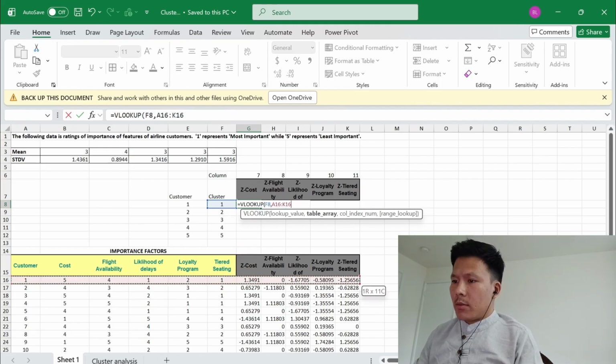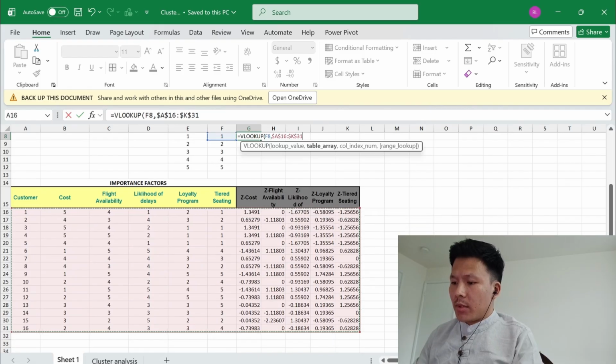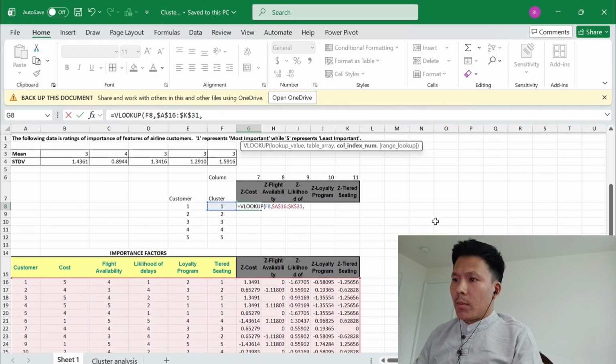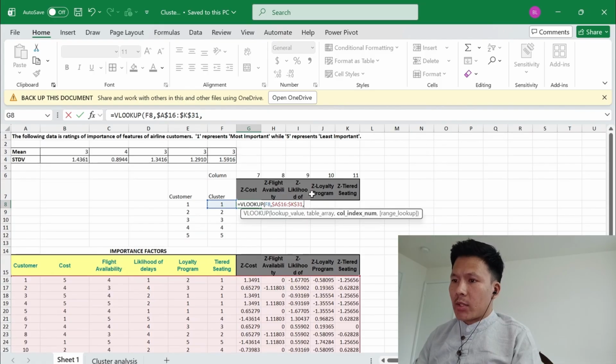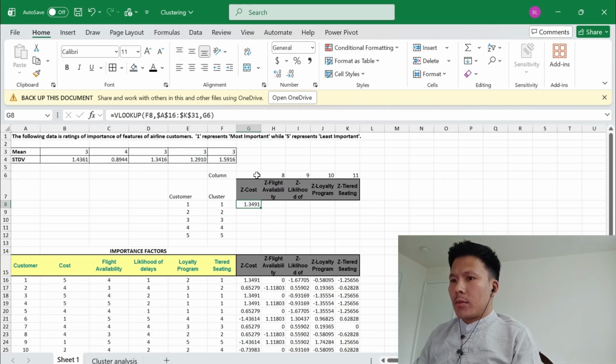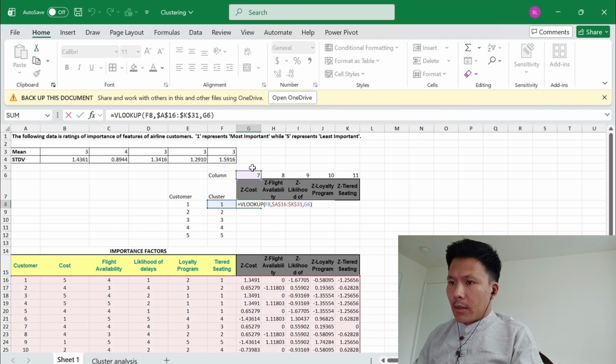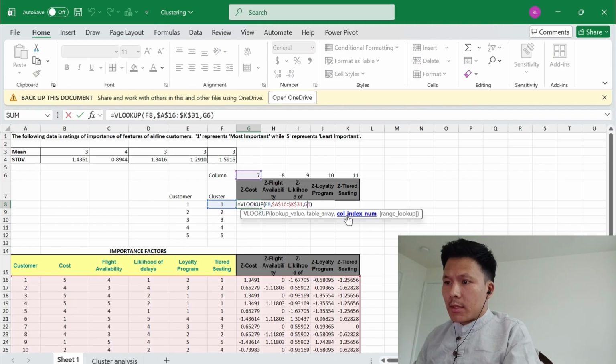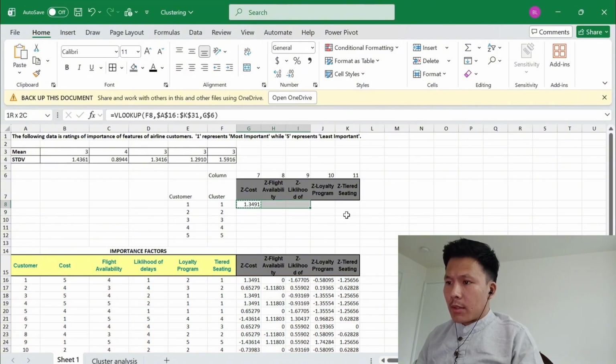I select all this table and I fix it, and for column index, because I need to drag, this lies in column 7. So I give this formula and now I can drag, but before dragging I need to fix this before 6. Keep it here. Now I can easily drag,